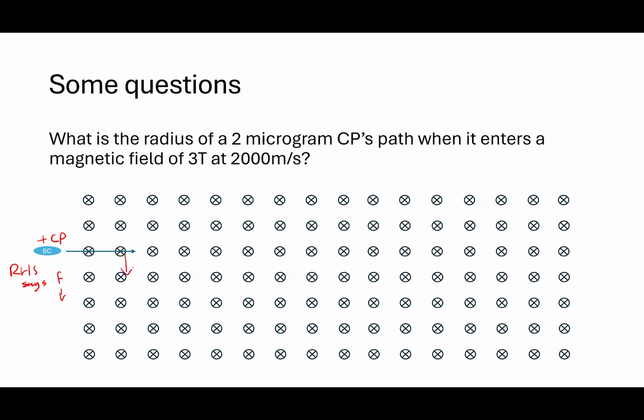So there's a force downwards. And because that force is at a right angle to our velocity, the magnetic force is converted into centripetal force. So it equals